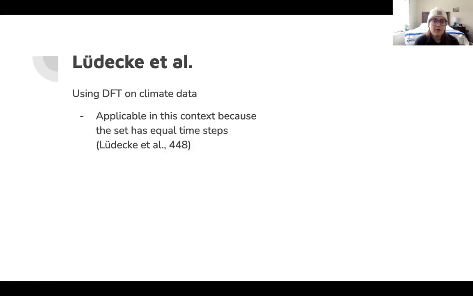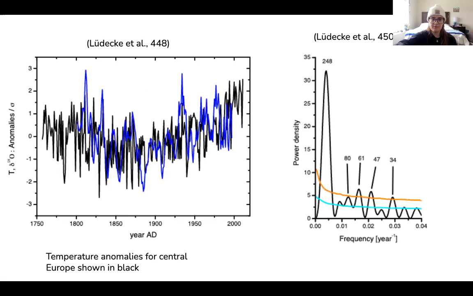So that was an example of wavelet transform on climate data. Ludeckert et al. use discrete Fourier transform on climate data because the time steps in the data recorded were equal. So there was an annual recording of average temperature anomalies in Central Europe. And because of the equal time steps, because these are measured every single year, you can use DFT and